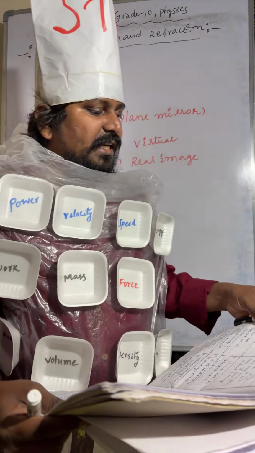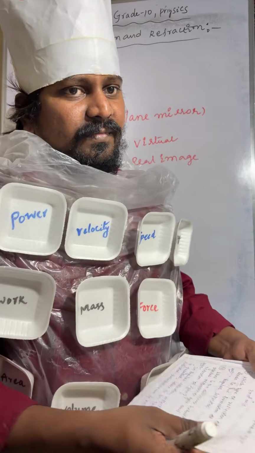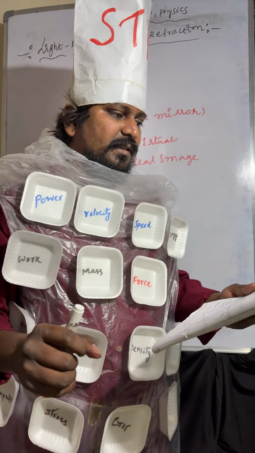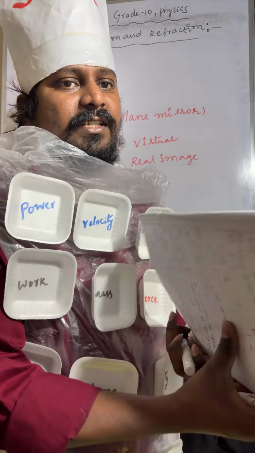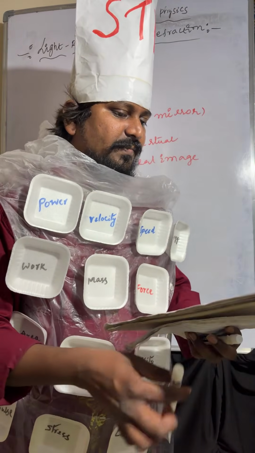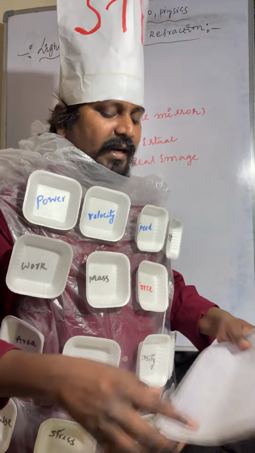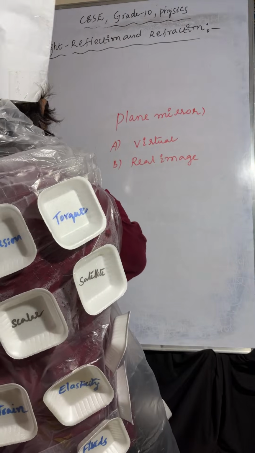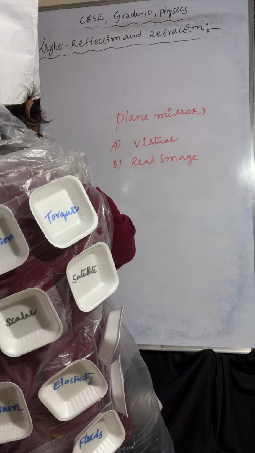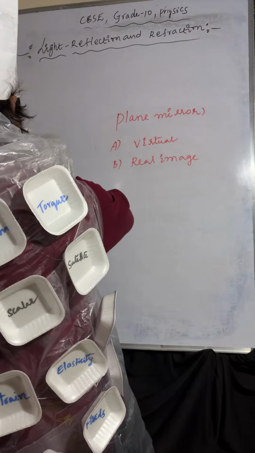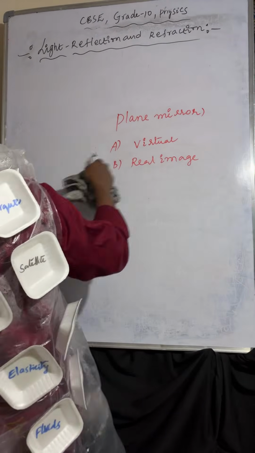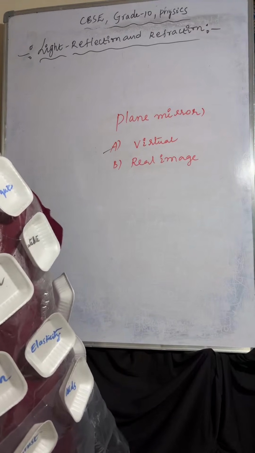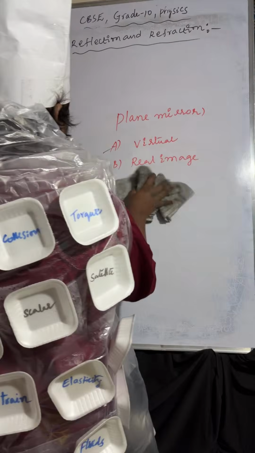Which type of image will form on the screen? Virtual or real image? Real image can be caught on the screen. Real image can be caught on the screen. Okay. So the answer for the plane mirror is virtual image. Virtual image. So next one is